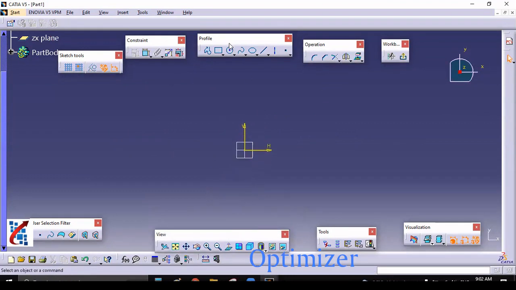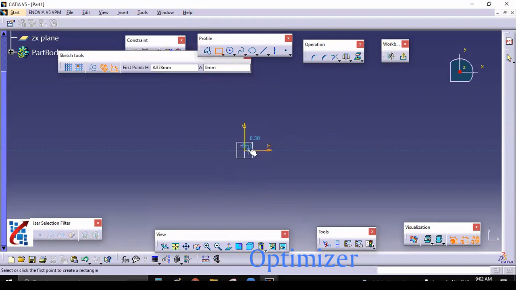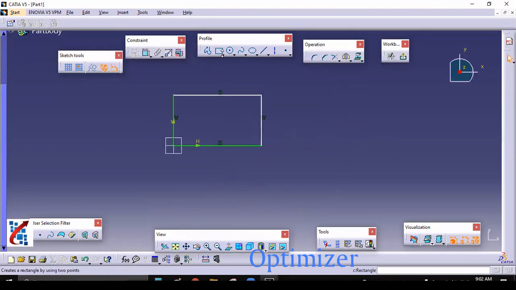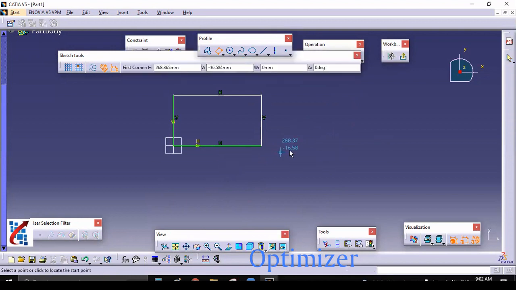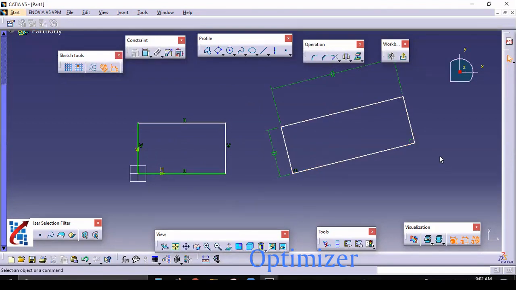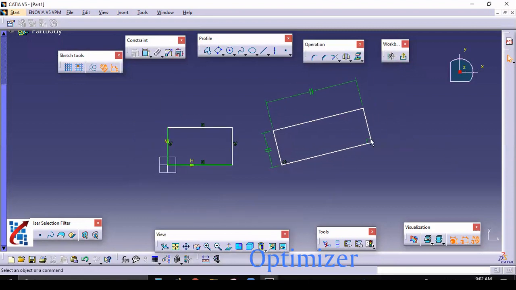Okay. So the next command is rectangle. So with rectangle, you can draw a rectangle like this. Okay. So there are sub commands in that rectangle, like oriented rectangle. Here, if you just see, whatever rectangle you have drawn with the first option is at 90 degrees, or what we can say in the horizontal direction. So if you want some inclined rectangle, then you have to use an oriented rectangle like this. Okay, this is oriented rectangle.